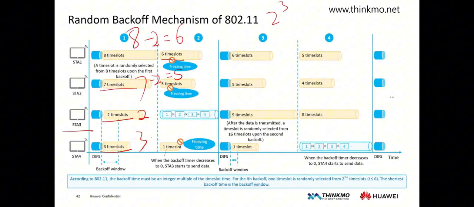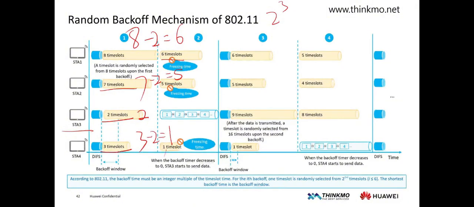So for terminal 4, 3 minus 2 equals 1. This means terminal 4 only has 1 time slot left, so after terminal 3 finishes, terminal 4 resumes its countdown and will finish